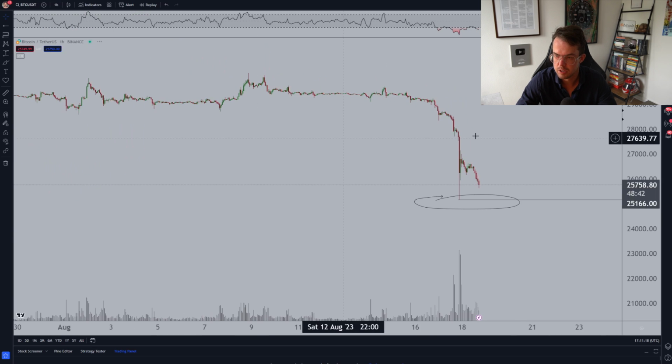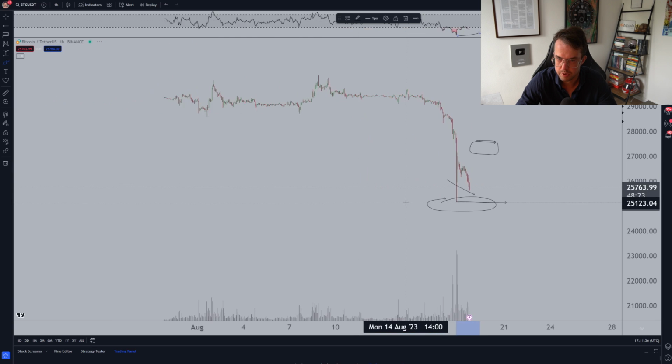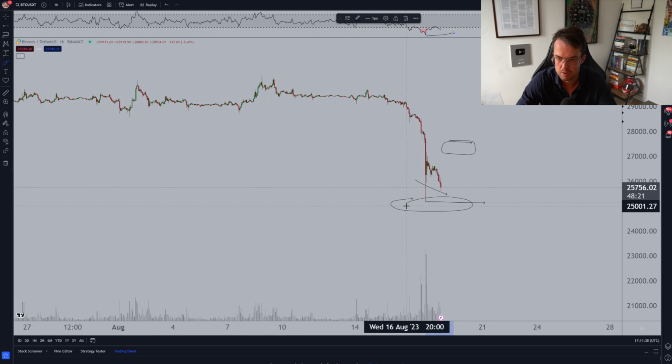Now, what are the scenarios when we look at Bitcoin? I think ultimately you want to long when we wick beneath this low, you want to short when we get here. I think we are getting close towards establishing a new range. We might be creating a new bullish divergence here either, but it's getting close towards establishing that new range,